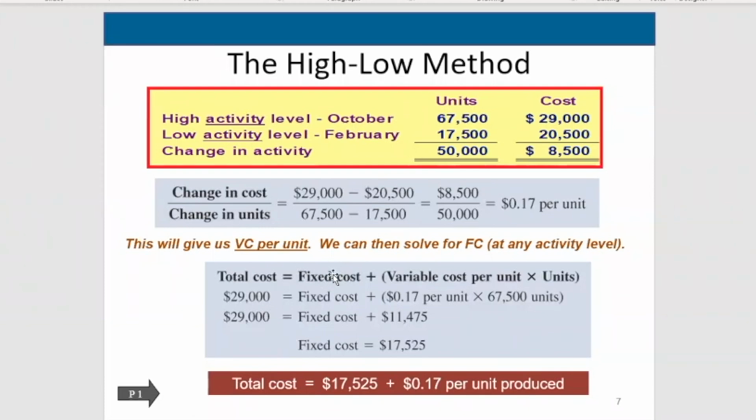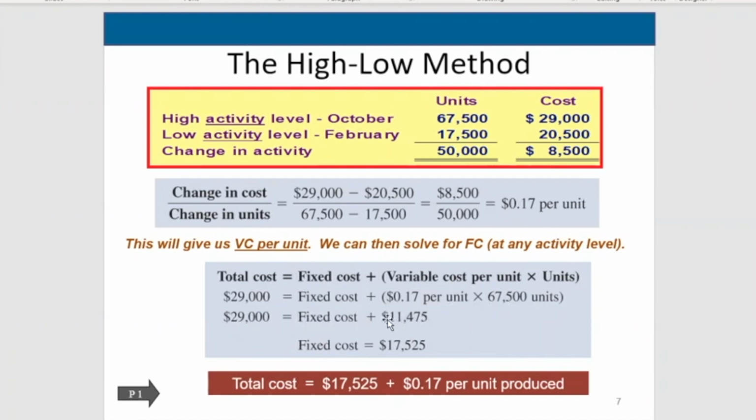And this is X right here. So you pick either the high or the low. It doesn't matter which. In this case, I'm going to pick the high, but I could have picked the low. It doesn't matter. And you put your total cost here. We don't know the fixed cost because that's what we're trying to find. Plus the variable cost, the total variable cost now. 17 cents per unit times how many units? Well, it's right here, 67,500. So that reduces down to 29,000 equals fixed cost plus